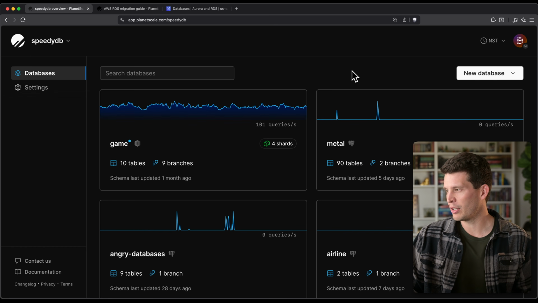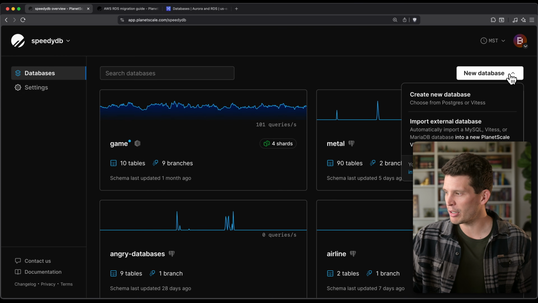As much as we love to talk about Postgres these days, we have not forgotten about MySQL. One of the things we released recently was an upgraded import workflow for bringing an existing MySQL database on a different provider into PlanetScale. To use it, go to your PlanetScale organization and click the New Database dropdown, but then